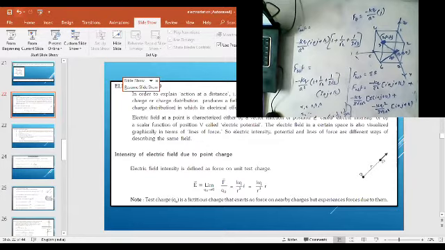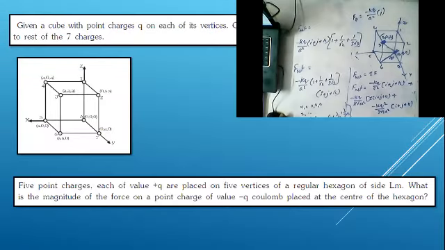So this is how we need to solve problems in three dimensions. If a 3-dimensional problem is given, we have to solve it using the Coulomb forces in this way. Okay guys, hope you understood this question. It is a very simple question but lengthy. The only thing is you need to understand it is lengthy. Hope you understood, and we will move to the next question.